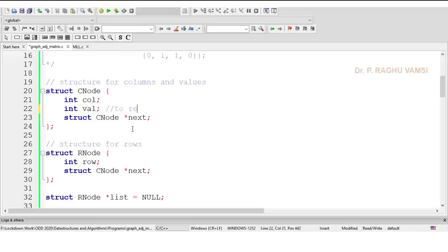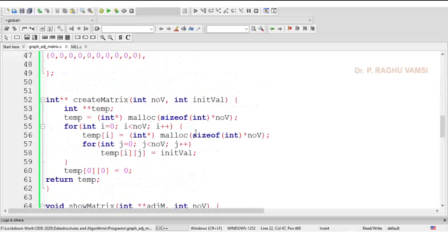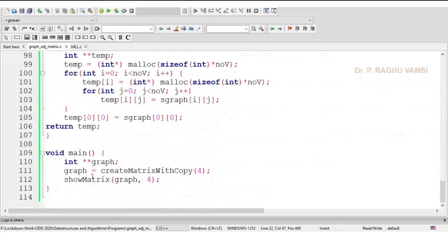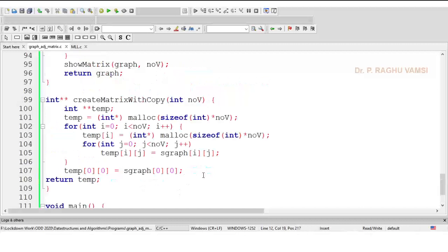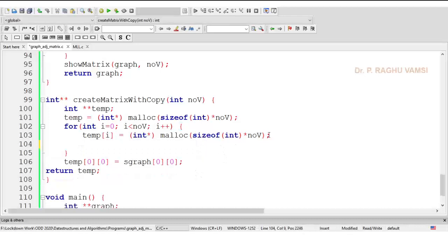So to represent the weight of the edge, let's see whether this matrix will be printed as it is or not. Here create matrix with copy. Here 10 vertices are there. Show matrix of 10. I will fine tune this instead of mentioning it here.